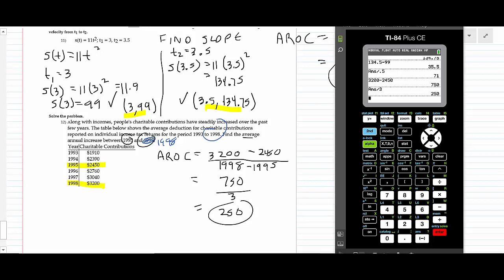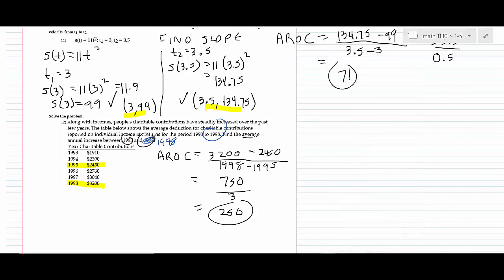Everybody good? All right. So I'm going to go ahead and pull up the 1.6 here, and what I want to